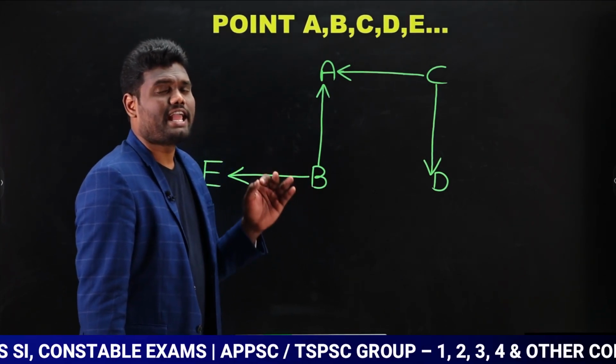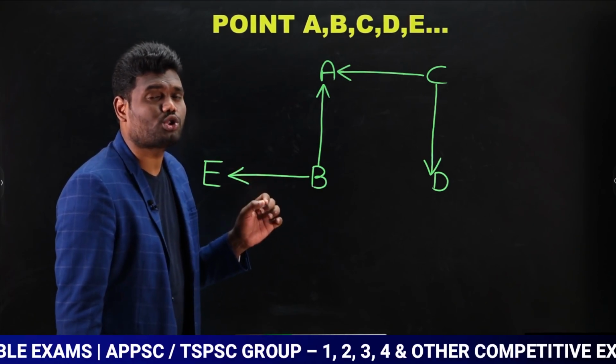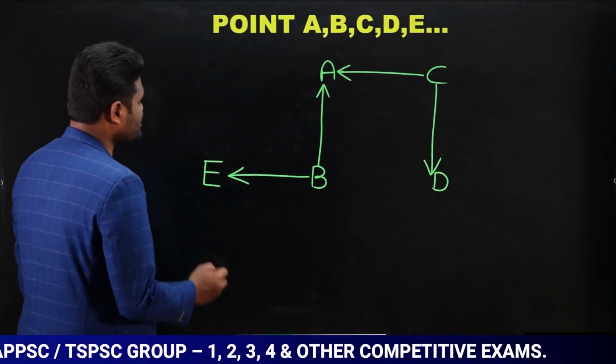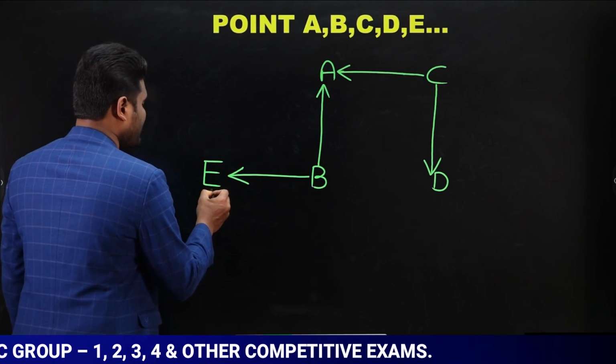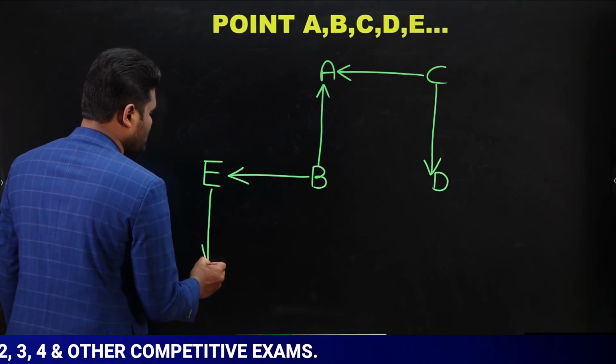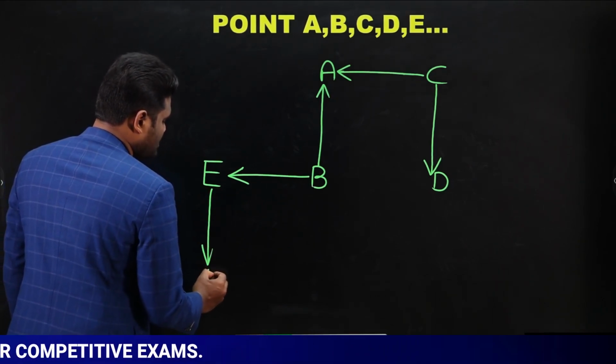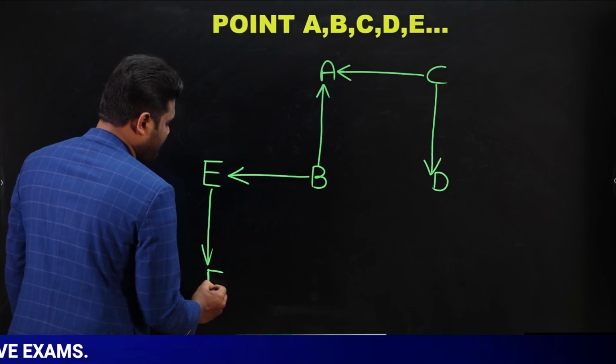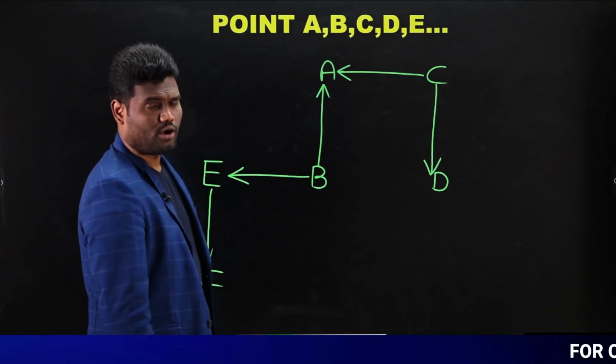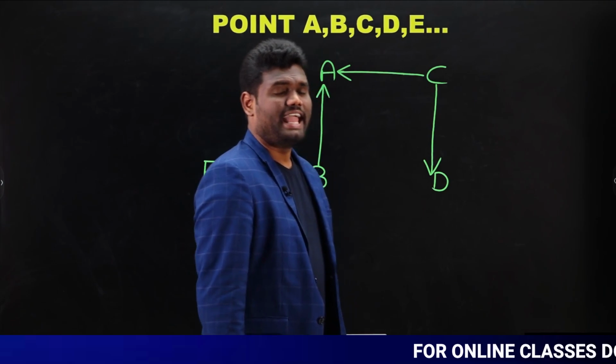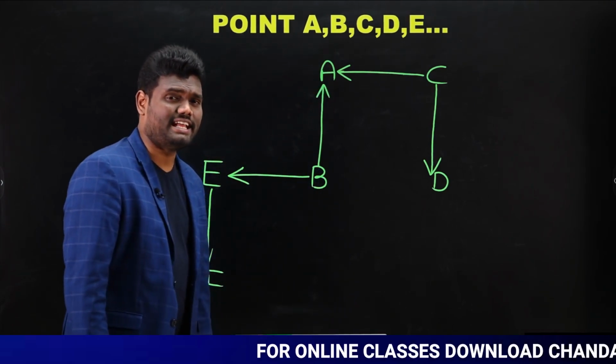F is to the south of E. This is E. For E, south means towards down. F is to the south of E. Okay. Next. H is to